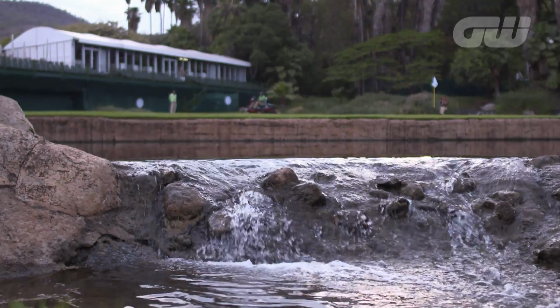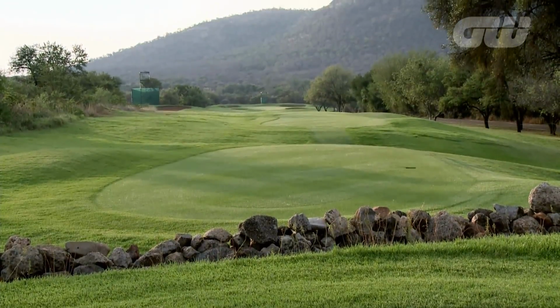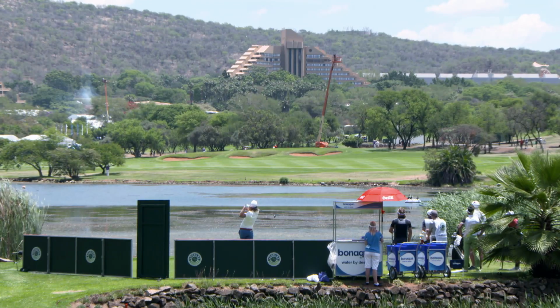But I think the environment of the wildlife is important for us from a tourism perspective, and as a resort, it just makes this place very special. The whole Africa and South Africa feel to it. If you go 10 minutes from here into the park, you'll see a lot of animals, and